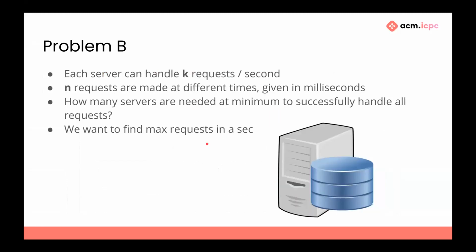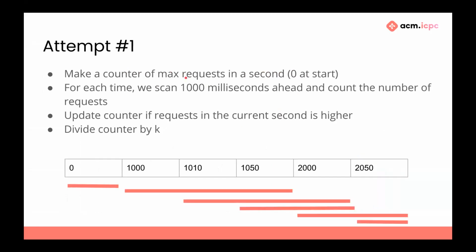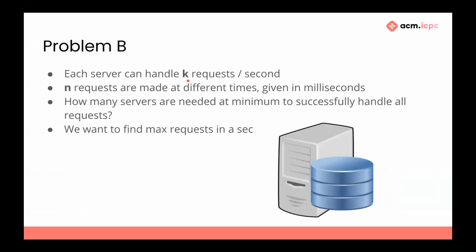Okay, so in this problem, we're told that we have a number of servers and that each server can handle k requests in a second. In addition, we're given n requests, and we're given the times at which each request is made. All these times are given to us in milliseconds. And the question that the problem statement asks us is, how many servers do we need at minimum to successfully